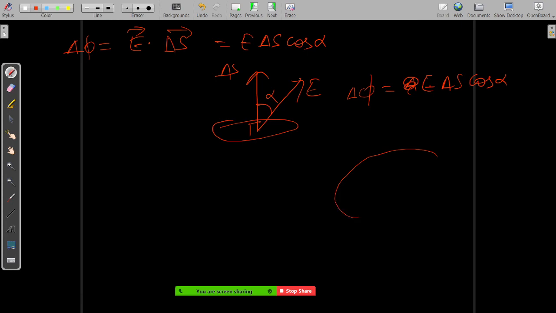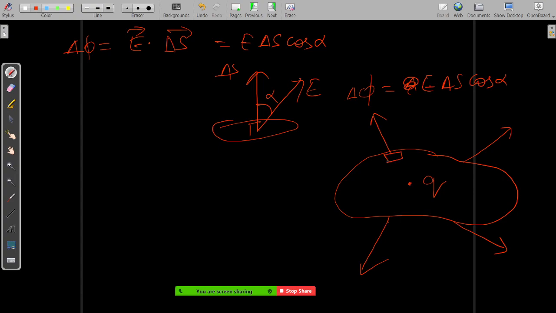Now what I wanted to say is, let's say any closed surface is there and there is only one positive charge here, just for the time being, imagine. What will be the electric field due to this? Always radiating outside, correct? So if you take any surface around this charge, the surface direction will also be outside only, no? We know that the surface vector we take as the outward normal, as a convention, is the direction of the surface.